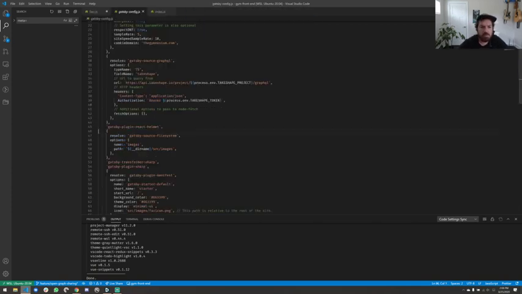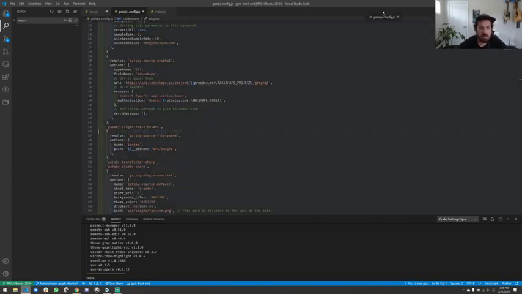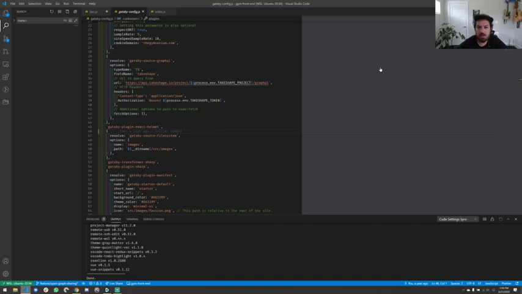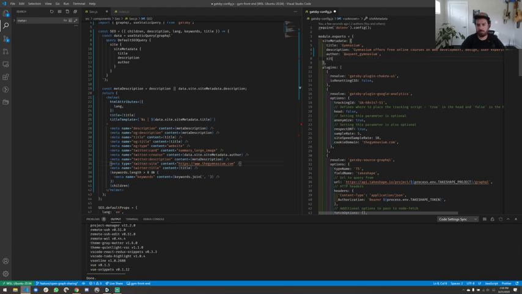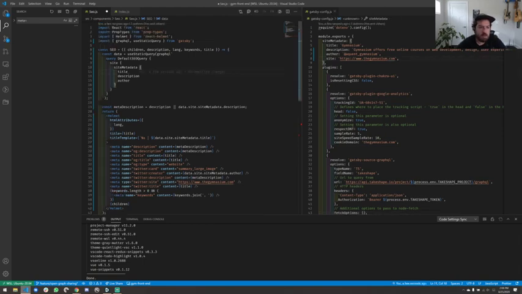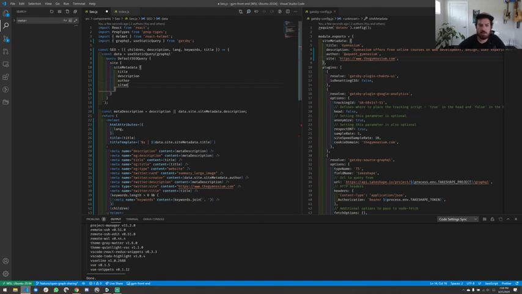We'll pull up our config on the right-hand side here. Okay, and we're going to add that here.